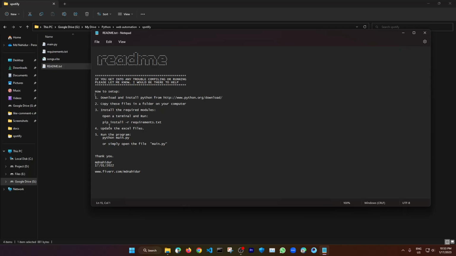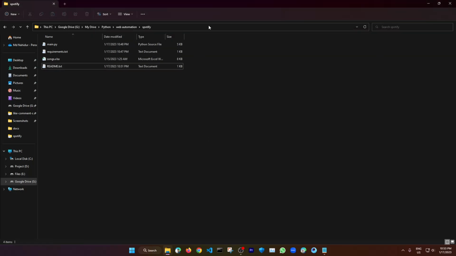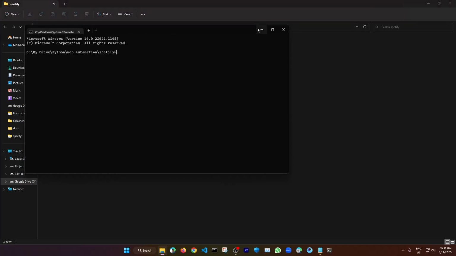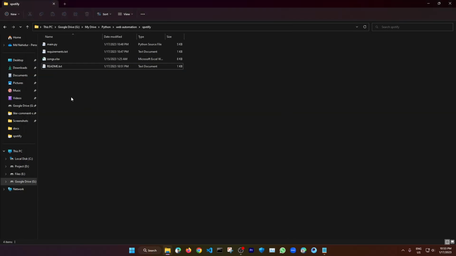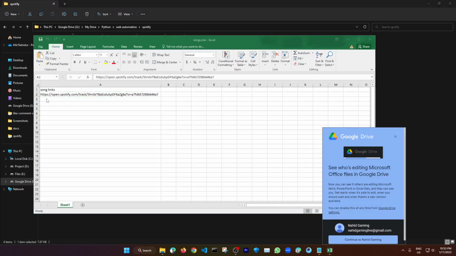install the required modules. To install the required modules, copy this line, pip install -r requirements.txt, and then click here in the address bar of your folder, type cmd and press enter. Then paste the copied line here and press enter. It will install all the required modules, and then you need to update the Excel sheet with your song